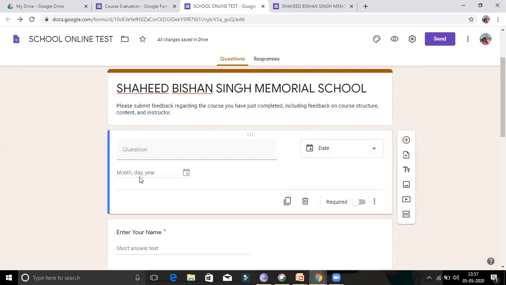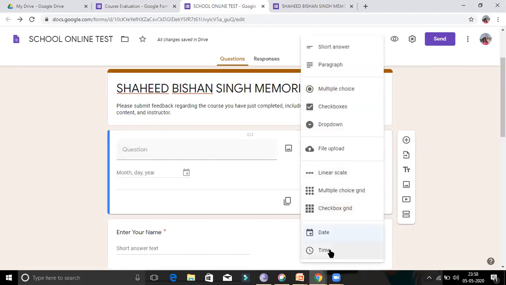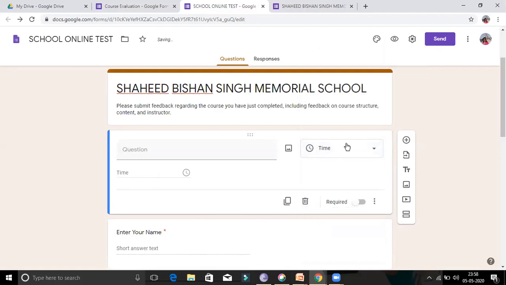Students are supposed to write the month, day and year, and time also. Date and time both can be set together. And if any option is not required, you can remove it directly here with the delete button.